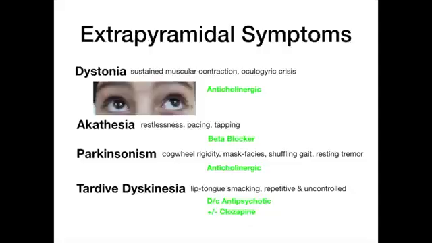So like if you ever look in a textbook, the answer is always discontinue the antipsychotic, and then literally it usually says clozapine may help. So if you have to pick a drug, the answer is clozapine. If you have to pick an answer, the choice is discontinue the antipsychotic. That's always first. So again, these are the 4 EPS. Don't worry about the timeline. Understand what they are individually and know the treatment for each of these.